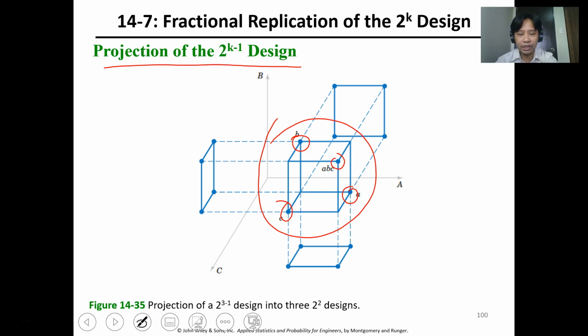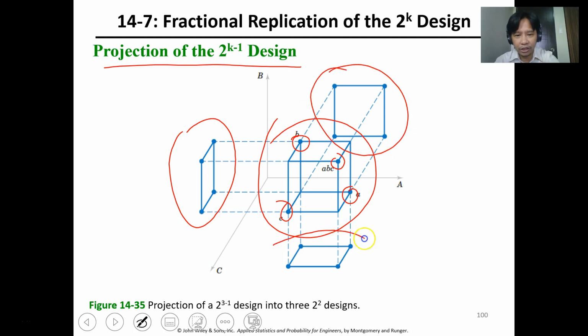So for a 2^(k-1) design, if we utilize yung mga effect for these cases, yung A, B, and C only, ito yung 2 raised to 3 natin, tama? But we will do a 2 raised to 3 minus 1, so 2 to 2 design with several effects. So for the projection here, and here sa baba, you can see that just doing this 4 runs or experimental runs can have the